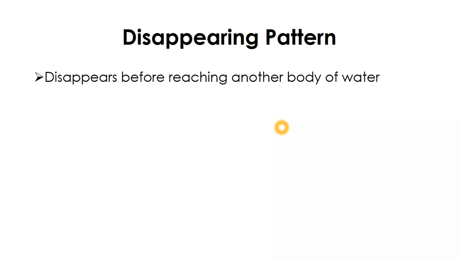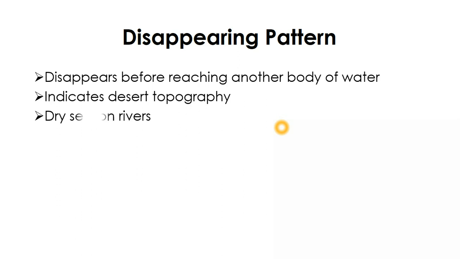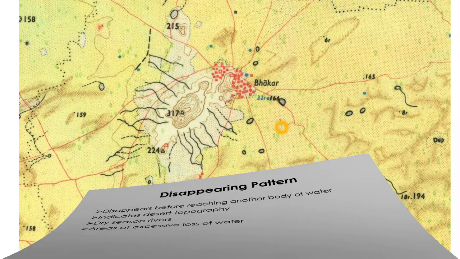On their way itself they disappear, and it indicates that this is more or less a desert type of topography where the infiltration rate is more, as well as the rate of evaporation. So rainfall is very less in those areas. Streams get water only during the rainy season. More water goes directly underground, and at the same time, because of the high temperature, excessive evaporation causes loss of water also. So streams, after flowing for a few kilometers, disappear automatically. These kinds of streams are called disappearing streams.